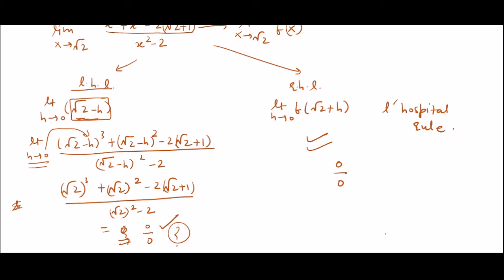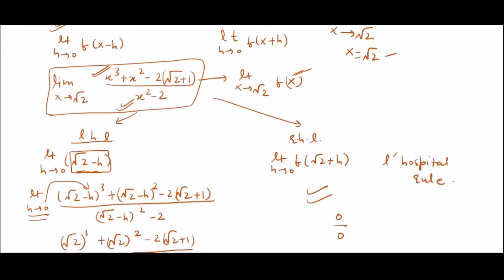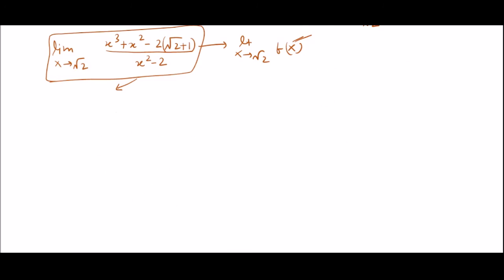We apply L'Hopital rule to a function in a way in which we basically differentiate the numerator and the denominator separately. Therefore, this function after using L'Hopital rule can be written as, after differentiating the numerator and the denominator separately, we can write